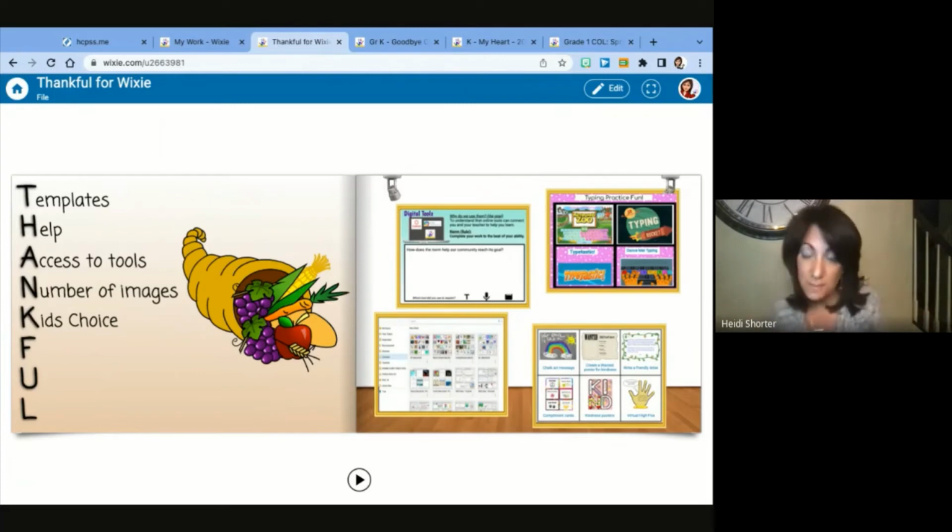Some kids love to make the videos. They want to get in there. They want to see their face. They want to add it in there. And so by giving them the choice when they have activities, I've been starting to do that a lot when I have Wixie and they have to respond or if they have to create something, to try to just remind them by putting those little icons down at the bottom of the page.